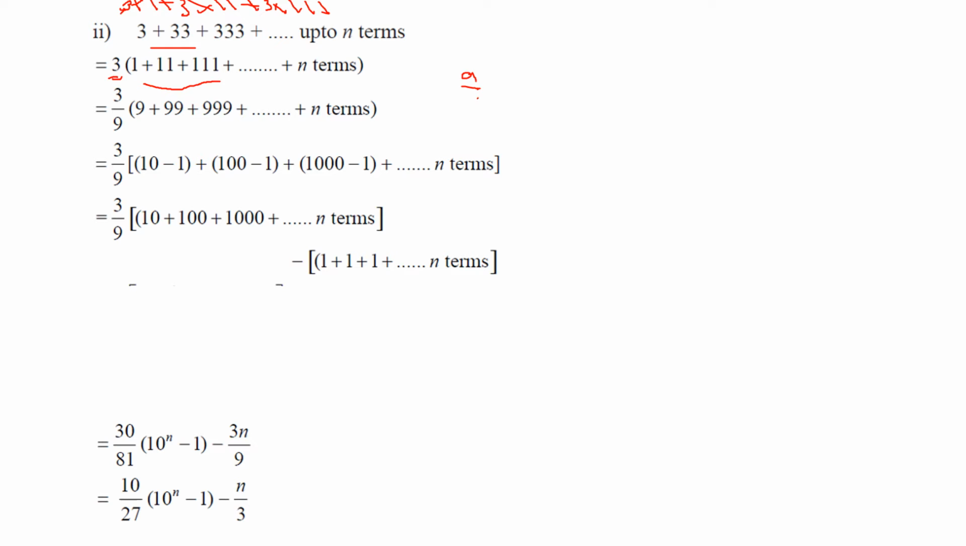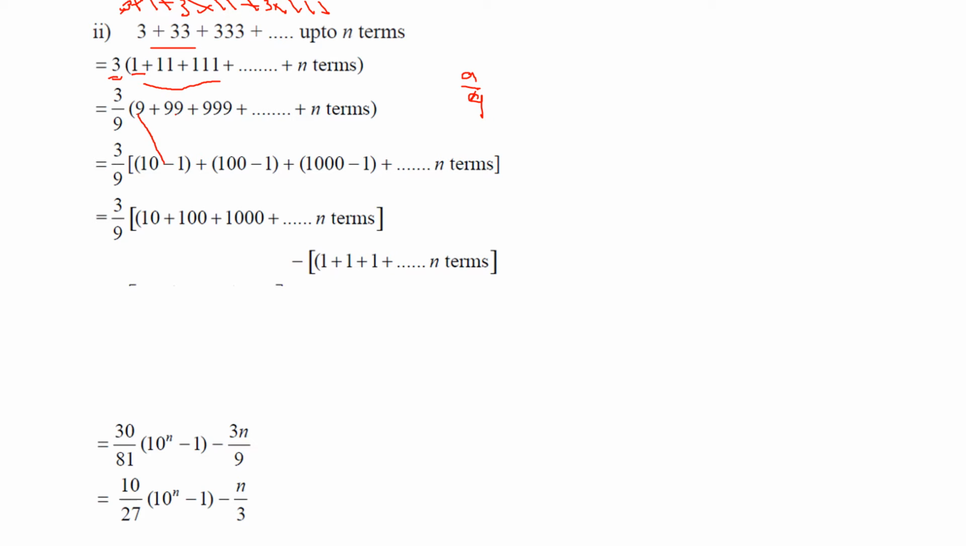What is 9 by 9? It will come 1. So 11 means 99 by 9, and 111 means 999 by 9. So you can take that 9 also common outside. So you can write it as 3 by 9 into 9 plus 99 plus 999 plus etc. n terms. After that you can write it as 9 is 10 minus 1,